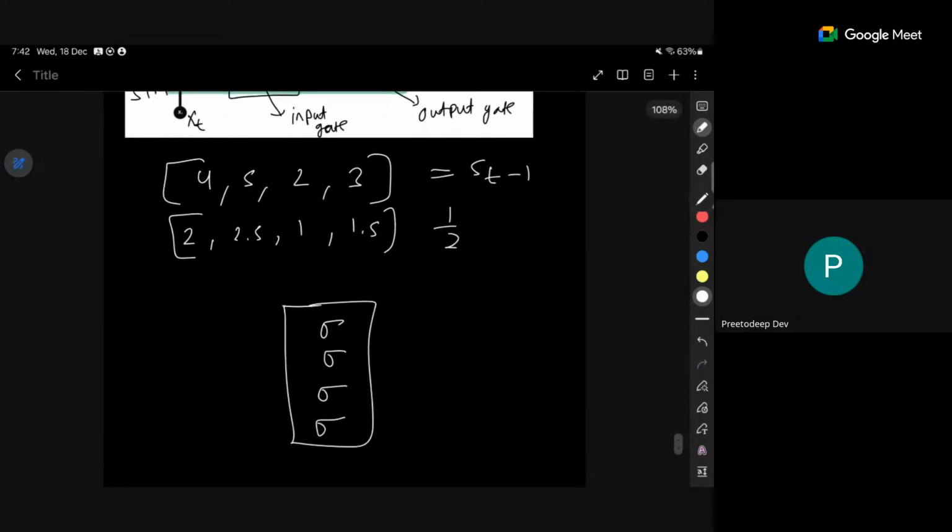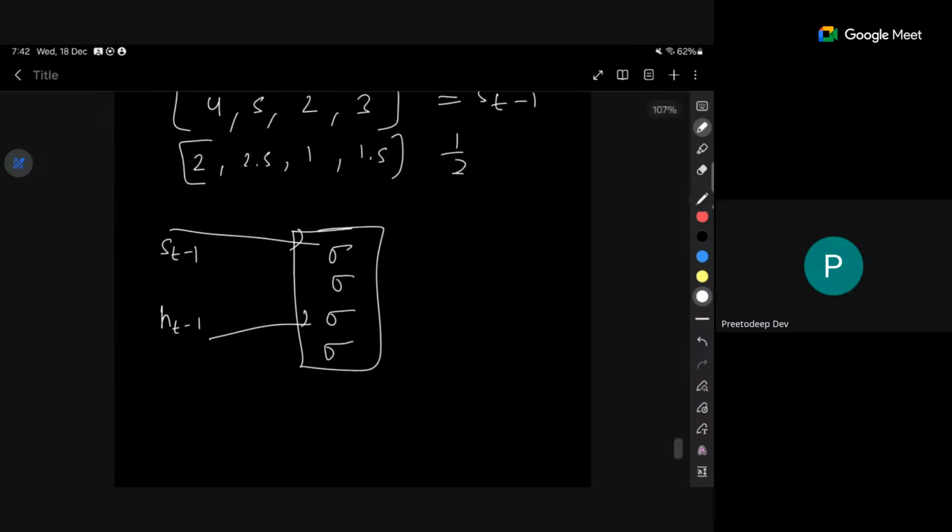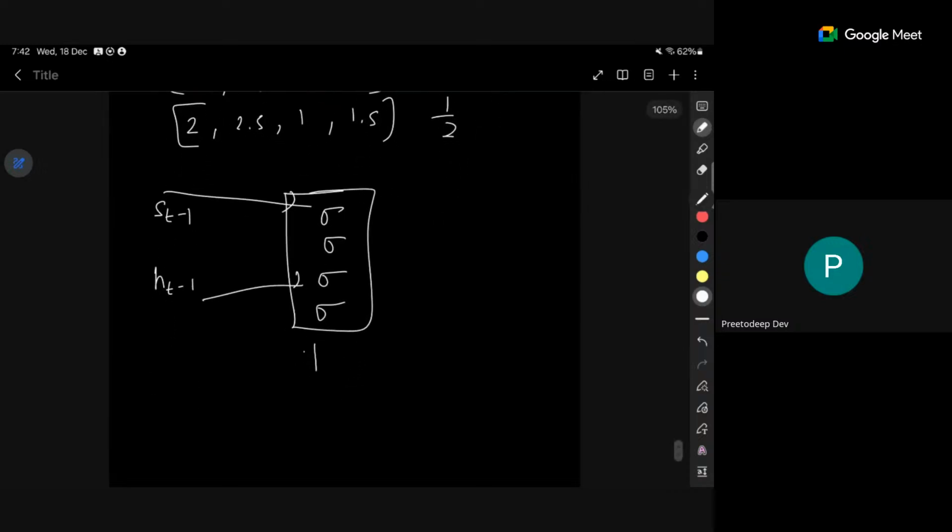Then we give it ST-1, HT-1, and XT. These three things we give. Now based on this, you have to figure out the parameters, so it depends on the number of neurons and so on. So we use